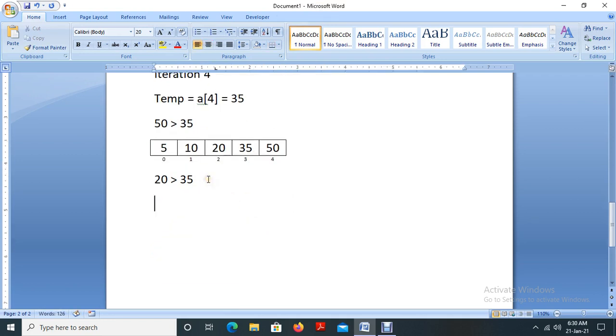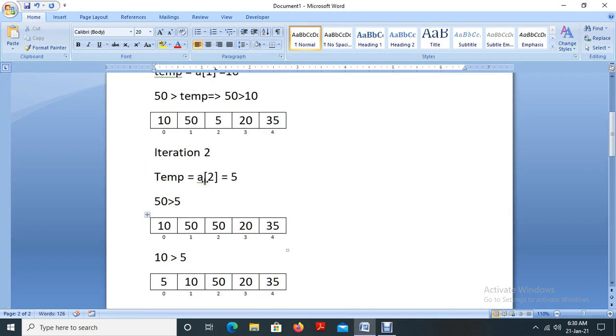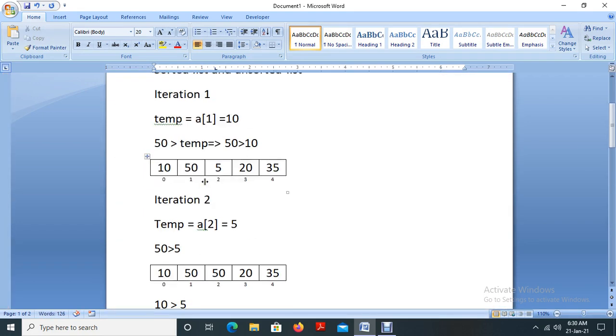So this is the way that we have to do the insertion sort. This is the procedure. You can write a program for this. It's a very simple program, because we have completed almost all the techniques and procedures of programming in C. So you can think about this concept and write a program by yourself.